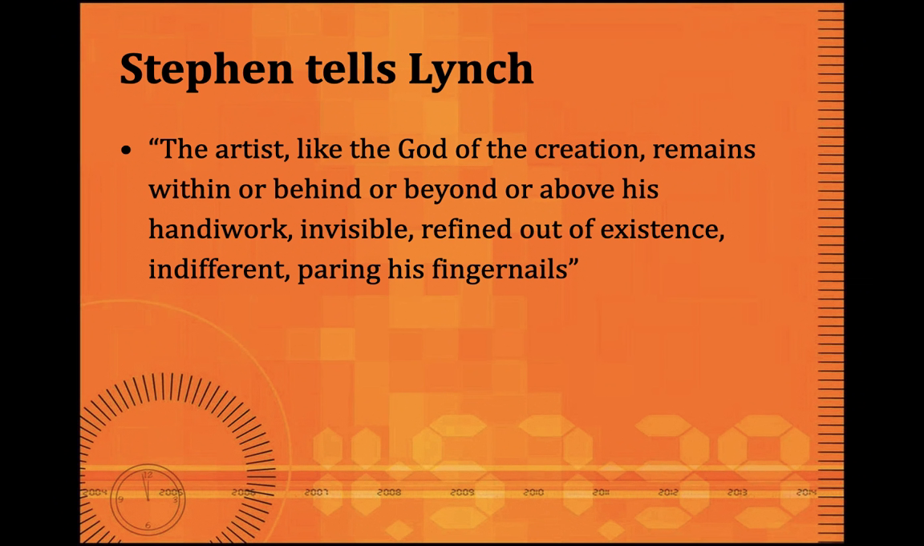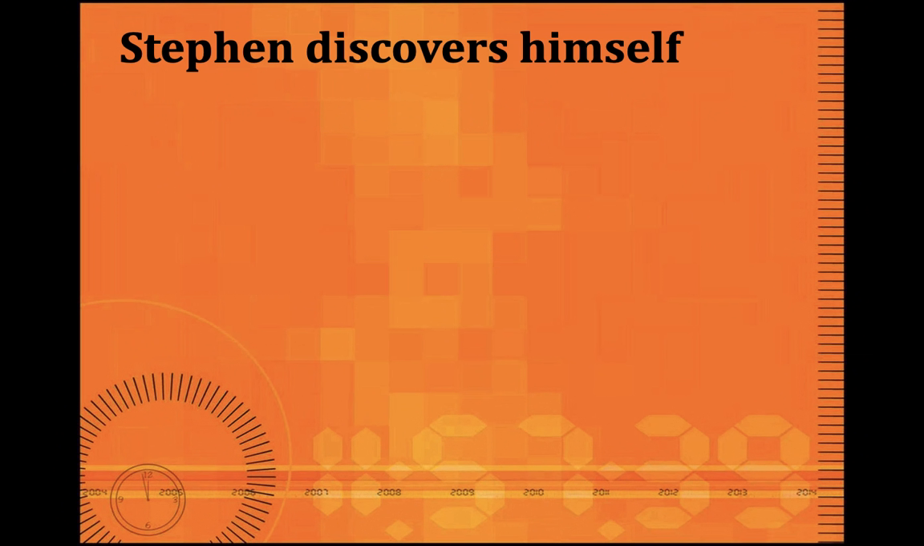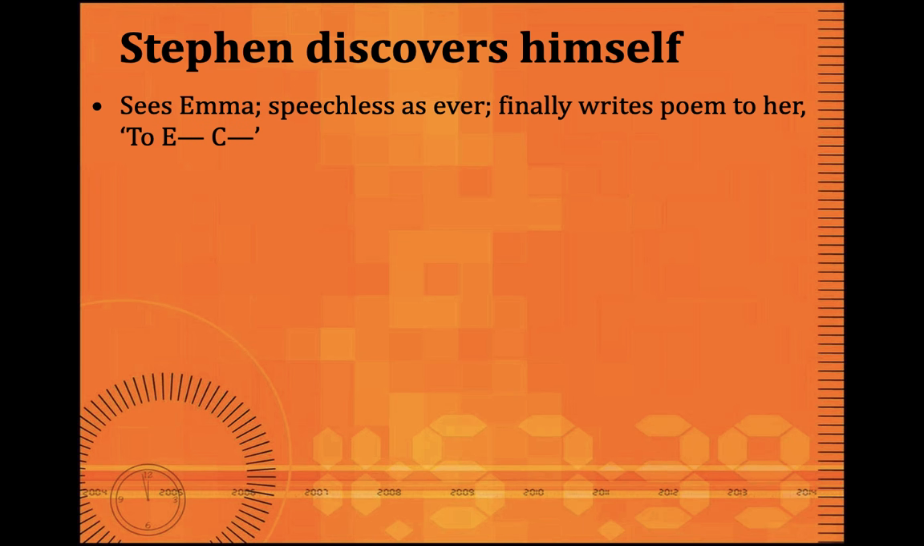The artist should be impersonal. He should be outside his work. He should be behind or beyond or above his handiwork. This is the very expression of T.S. Eliot's theory of impersonality. We have T.S. Eliot's theory of impersonality in Tradition and the Individual Talent. The artist should not be part of the work. He should not show his personality in the work. He should not show his emotions in the work. He should stand apart or aloof from the work. Don't you know that? Now, Stephen sees Emma, that girl he likes, and he's speechless as ever,